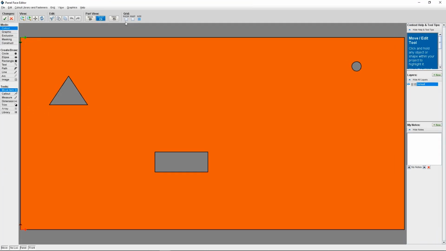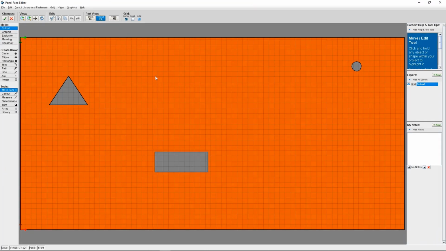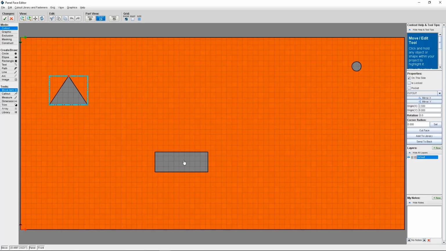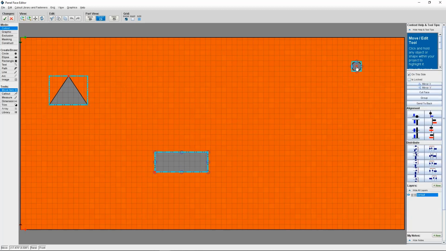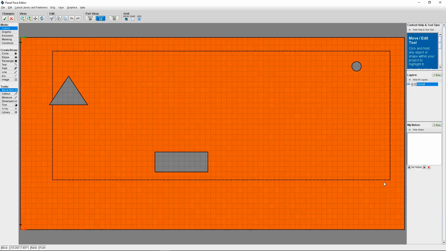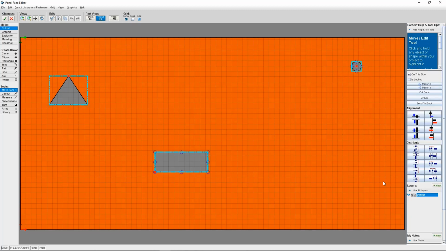You won't see the align buttons unless you have 2 or more objects selected at the same time. You can do that by clicking on Move Item and selecting one object, then clicking on the other objects you want to select while holding down the Shift key. Usually you can also select multiple objects by drawing a box around them. However, I don't recommend drawing a selection box when using the Align function because the software won't know which object